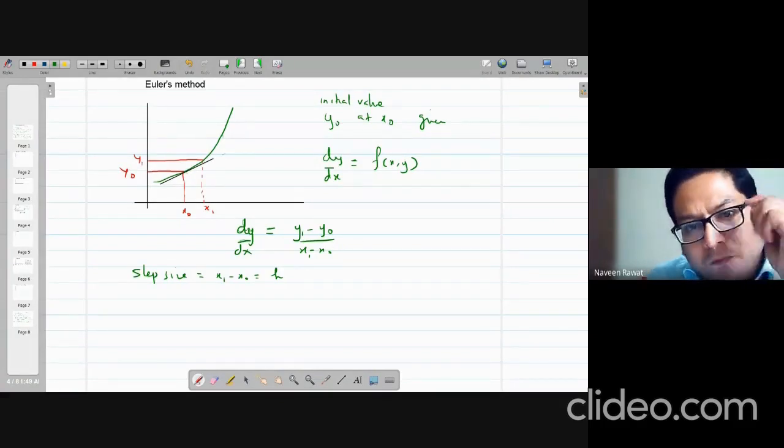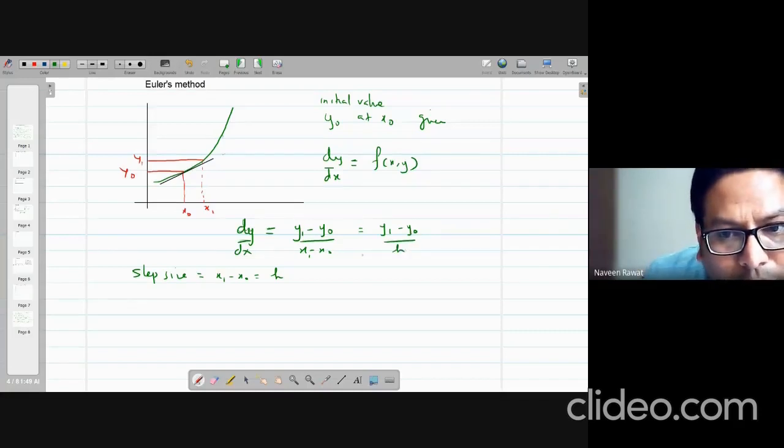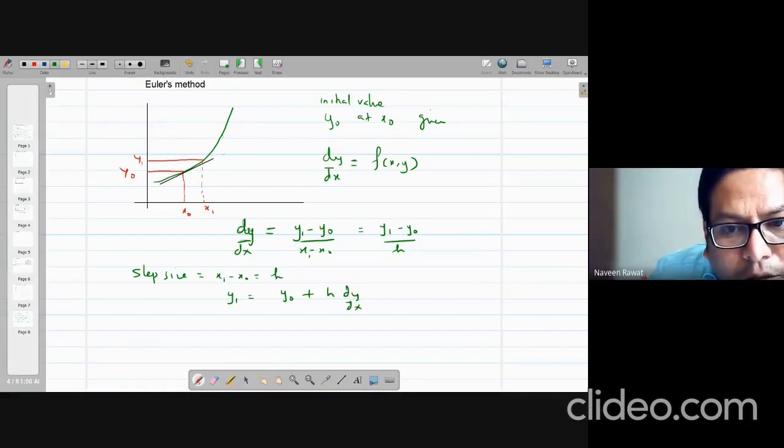So this equation here I can just write as y1 minus y0 divided by h, that is my step size. And so that tells me that y1 equals y0 plus h times dy by dx. The h goes on the other side times dy by dx, and y0 goes over and becomes positive.